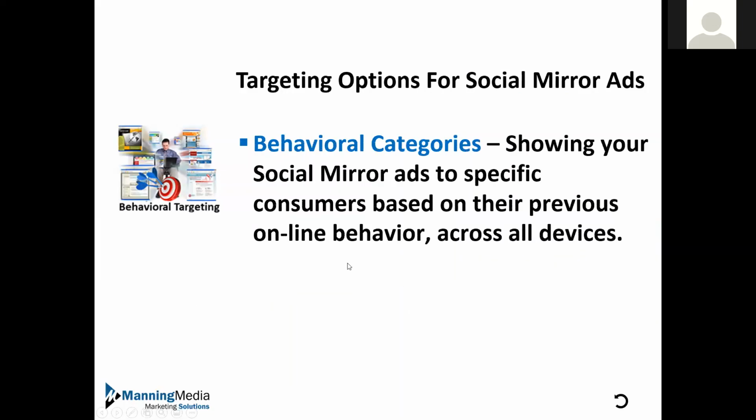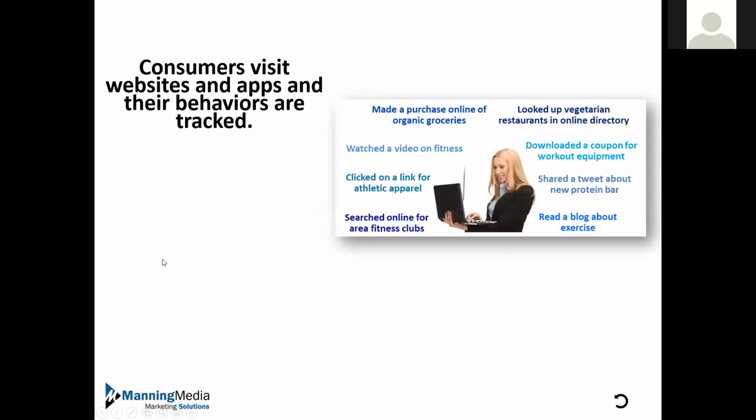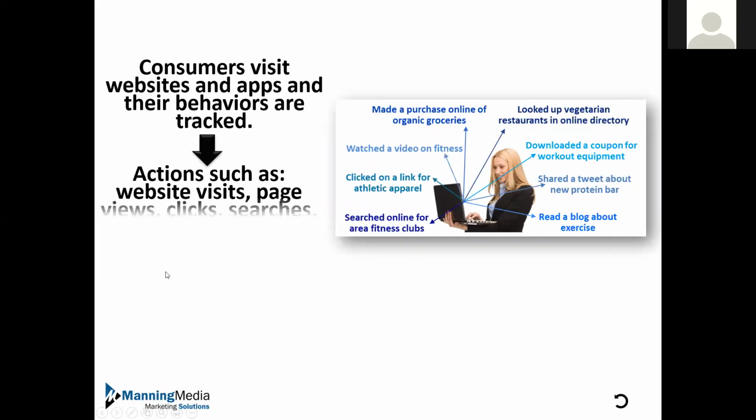Targeting for social mirror ads, starting off with behavioral: we're going to show your social mirror ad to specific consumers based on their previous online behavior across all devices. So here we have a young lady, and she's got an interest in watching a video on fitness, making an online purchase of organic groceries, downloading a coupon for workout equipment. So we're looking at all of the activation and activity she has on websites,